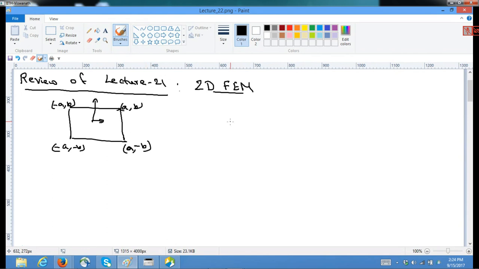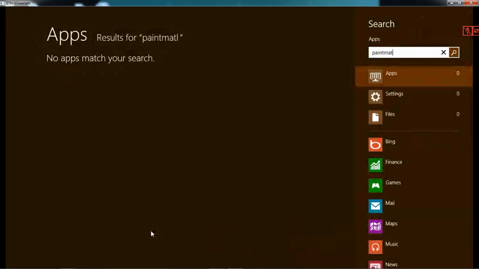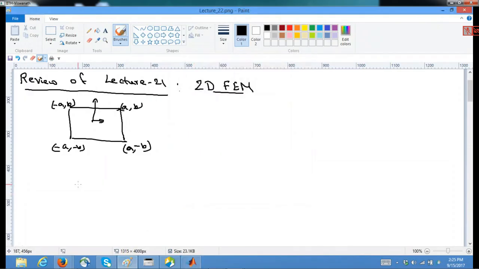And we showed that our N1(x), just a minute, showed that our shape functions